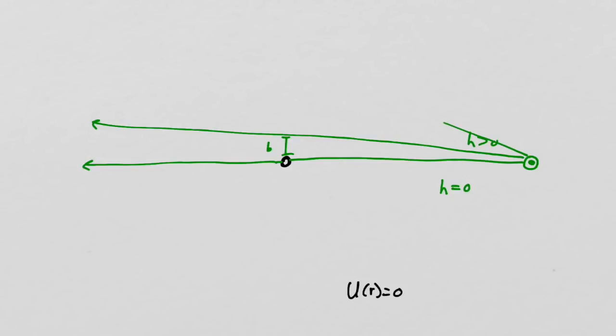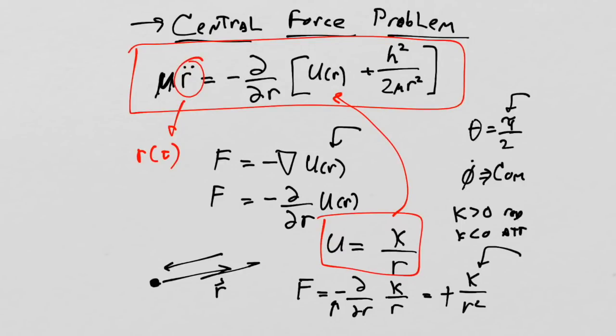And then you can imagine increasingly large impact parameters and increasingly large values of h. I'll call this one h2, and I'll say it's much greater than 0 without being too specific about how to measure things. It's many times greater than h1, let's put it that way. h1 is greater than 0 and h2 is much greater than h1, some factor of 10 or something. So each of these has a different impact parameter, and you'll notice that this force term here,